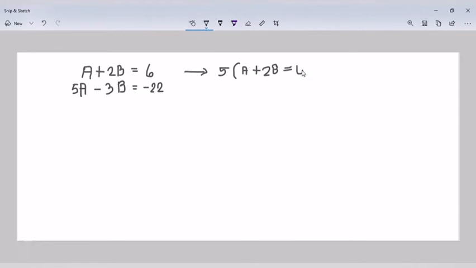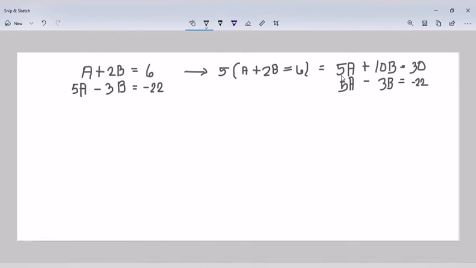That gives us 5 times the quantity A plus 2B equals 6, which is equal to 5A plus 10B equals 30. Then write the second equation below the modified first equation, so that gives us 5A minus 3B equals